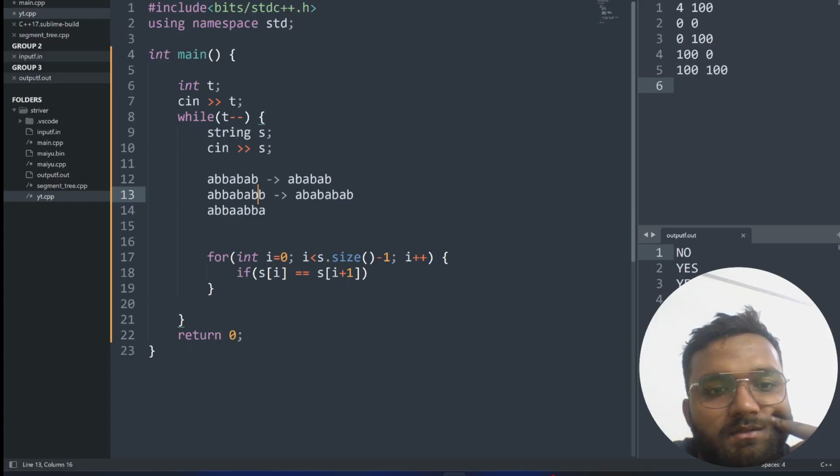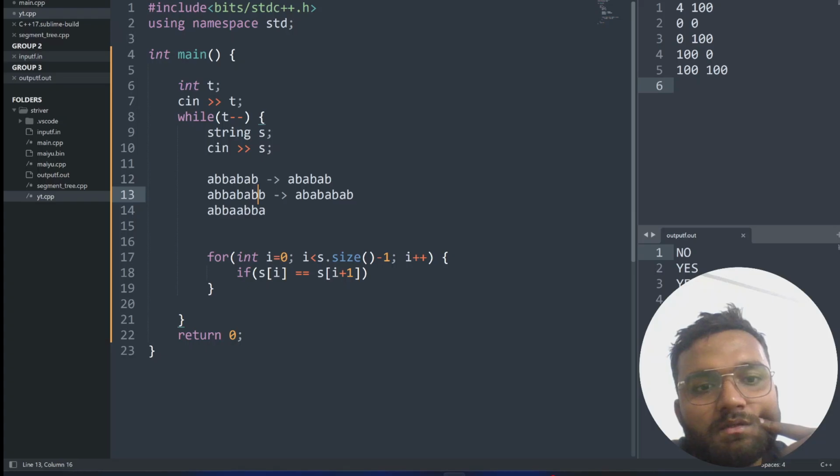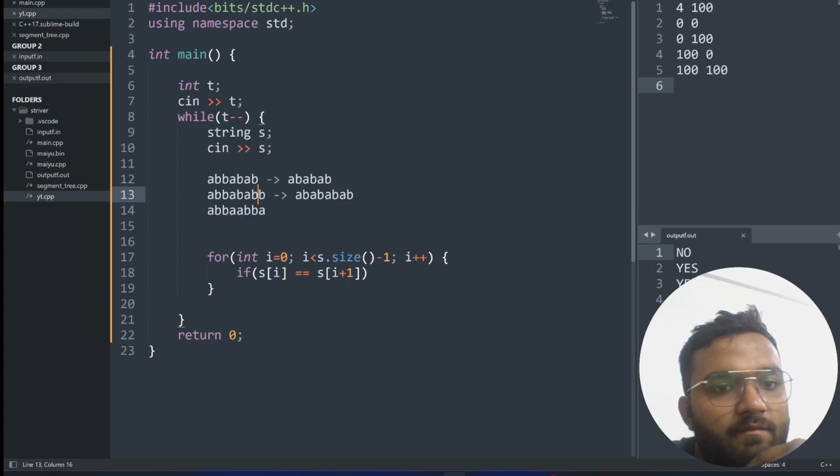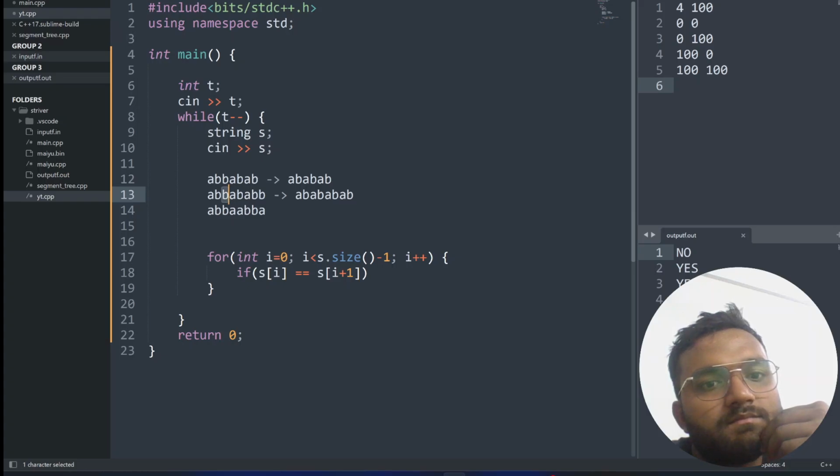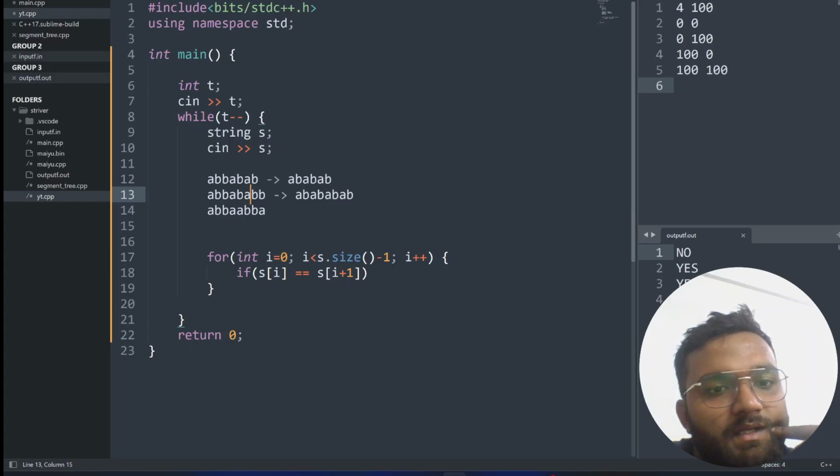I think we can make it reverse. This will cause an issue. And what if here we need an A? If we take this substring to reverse,